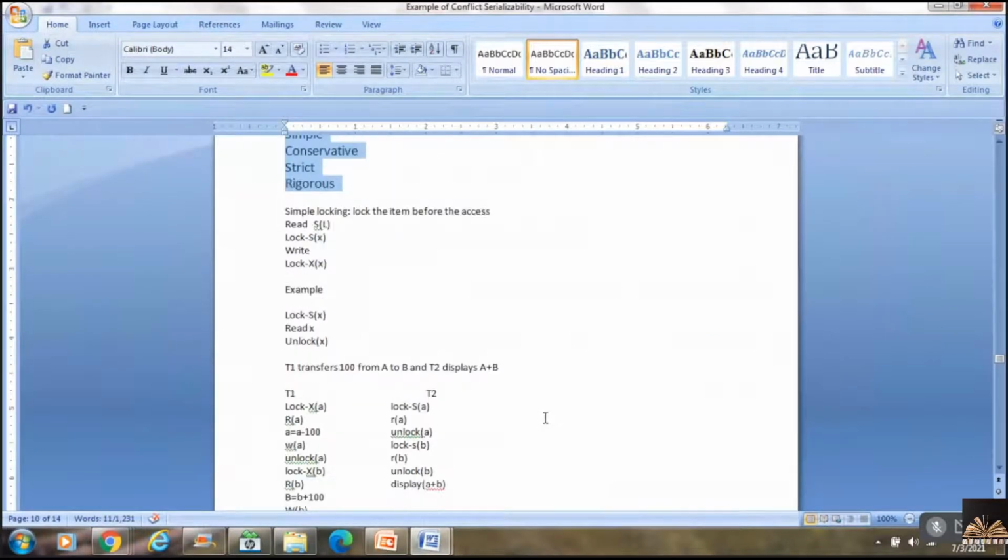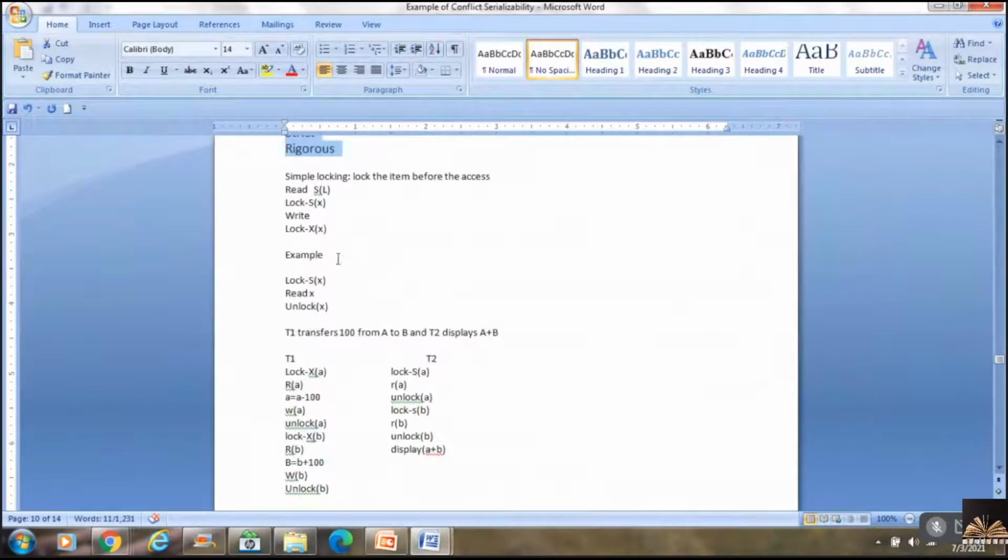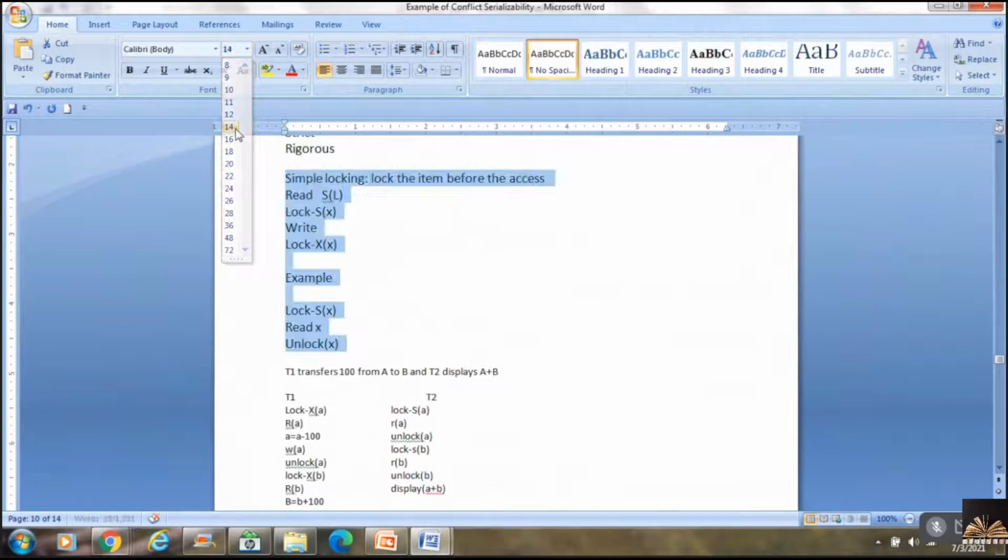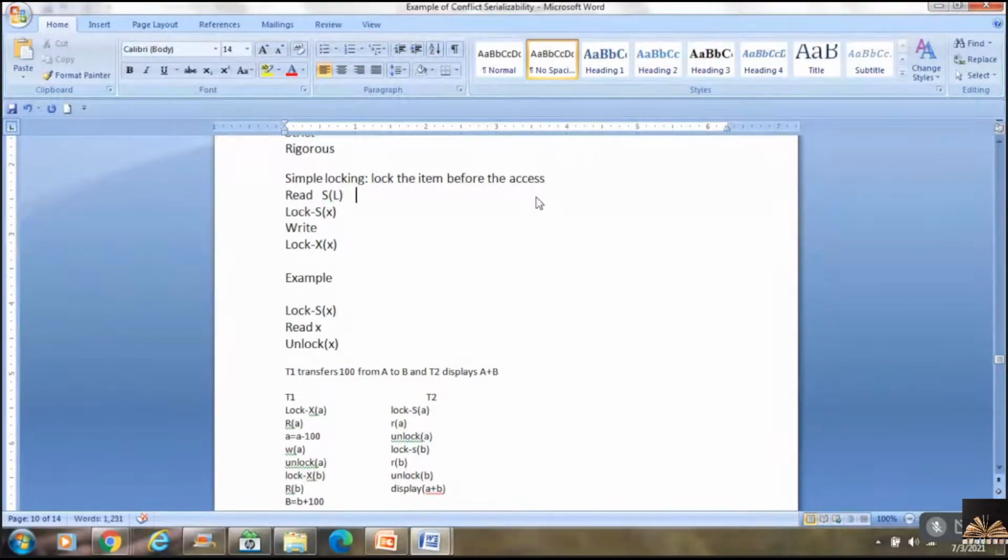Simple locking: the mechanism is quite simple. I have to lock the item before I actually want to access the data item. Previously, when I was writing a transaction, it would be T1.